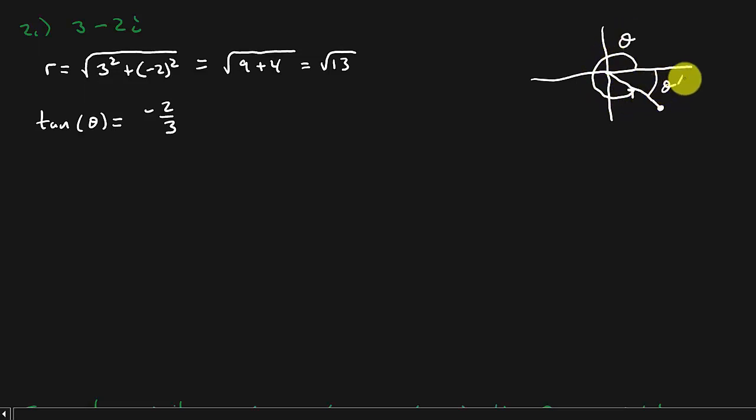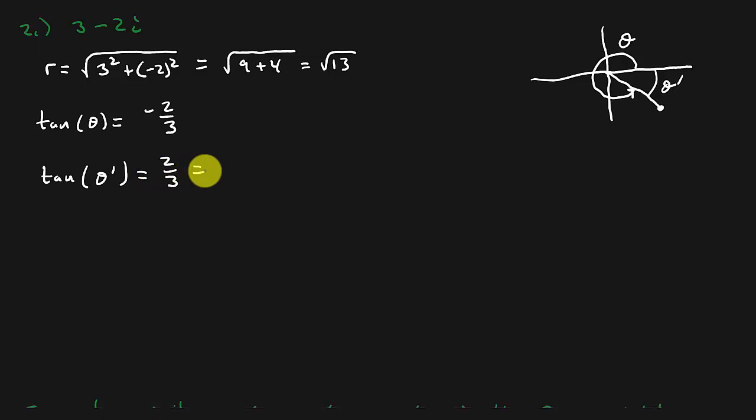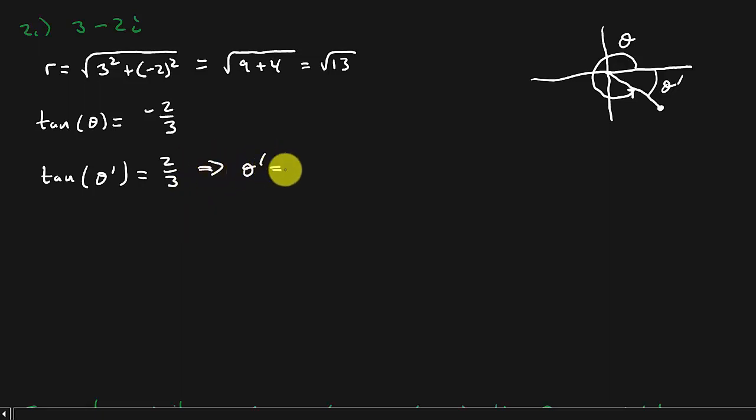All we're really worried about is what quadrant it is in. All right, and there's my reference angle. So let's find the reference angle. So tangent theta prime is equal to positive 2/3. All right, so I've got to punch this in my calculator. It's not equals there. So I get theta prime is equal to, let's see, second tan, inverse tan of 2 divided by 3. We'll round it to 1 decimal. That's 33.7 degrees. So there's my reference angle,